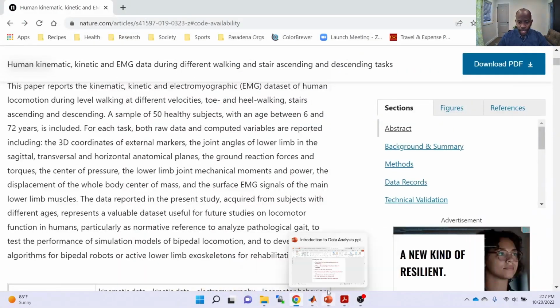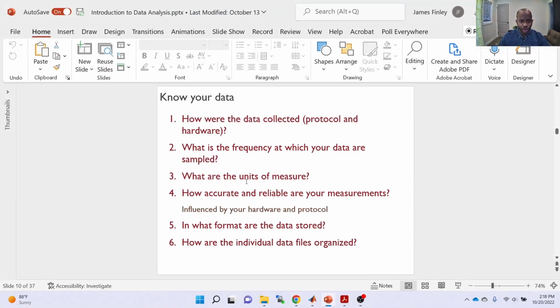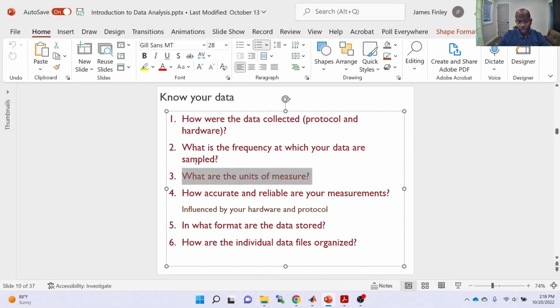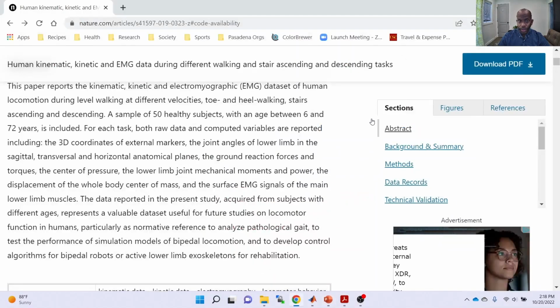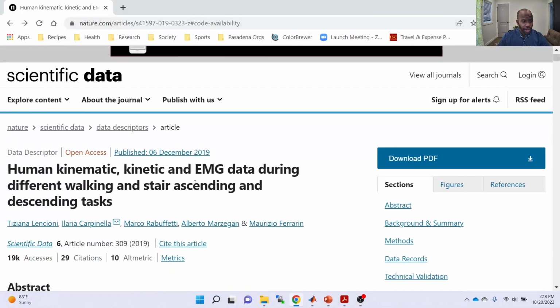So the next thing that we will review here are units of measure. We'll take a closer look at the data once we get into MATLAB to answer this. Before we do that, one of the things that I want to highlight here is how we can access this data. All right, so we started here in the Scientific Data website through Nature. I downloaded the PDF that we were just reviewing, but the actual data are linked through the web version of